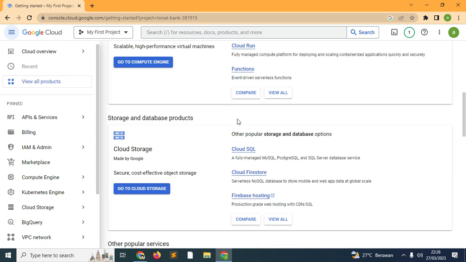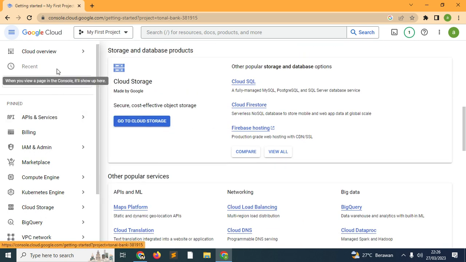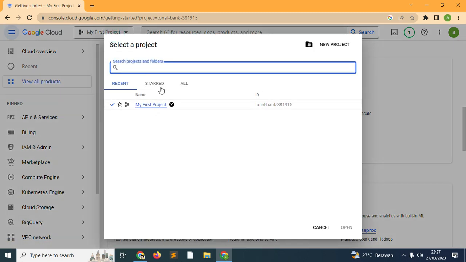you have to click on create. In this case, I'm not going to choose any organization. I'm going to leave it as is. So I click on create,